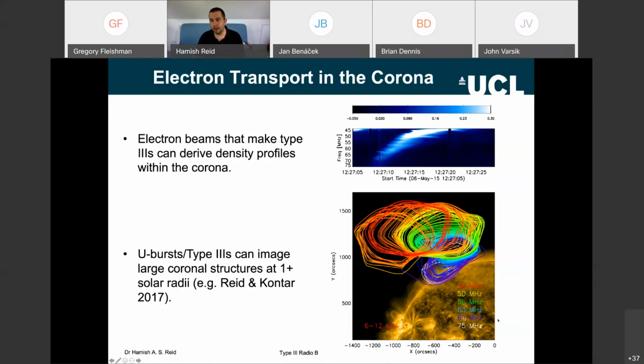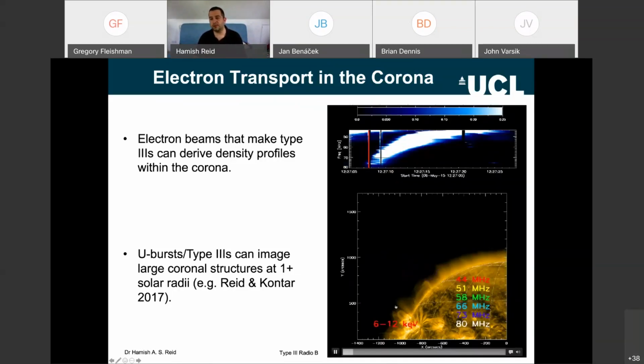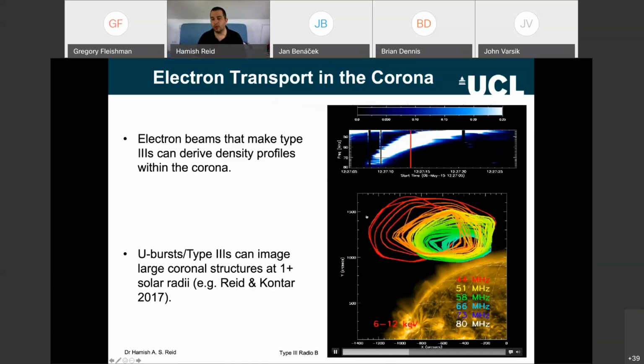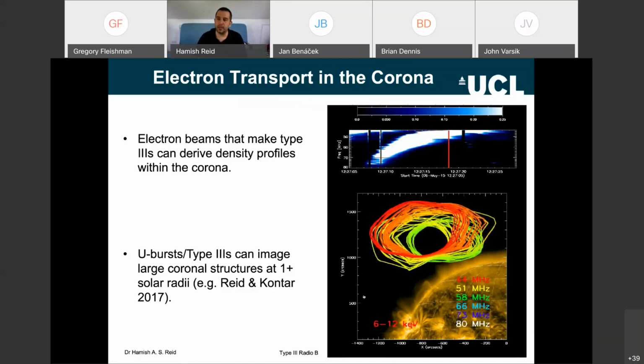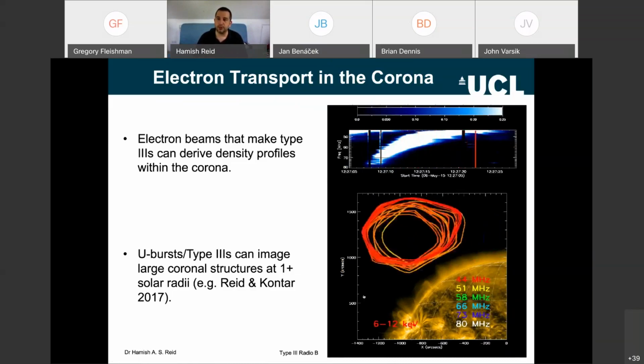And this study that I did back in 2017 shows you the electron beam propagating along a large coronal loop that is brightened when you look at the peak flux from all of the type 3 bursts. In actual fact, this one's a U burst too, because it has a U shape in the dynamic spectrum. And we can see this as a function of time, and we can track the electron beam as it propagates up and along and around the coronal loop itself. So the imaging spectroscopy that you get from LOFAR and other radio interferometers is a really powerful tool.